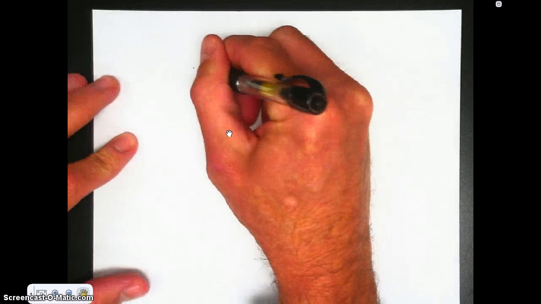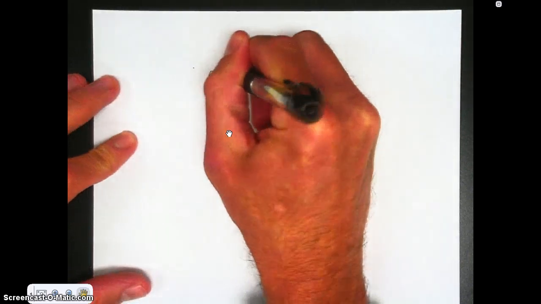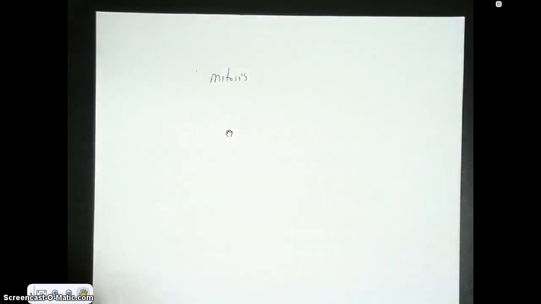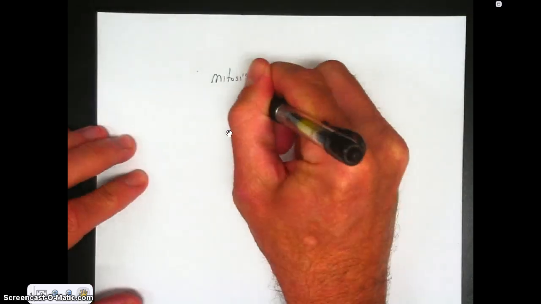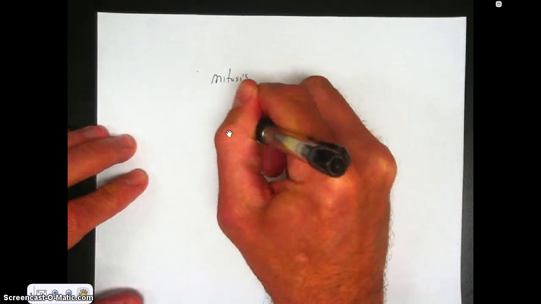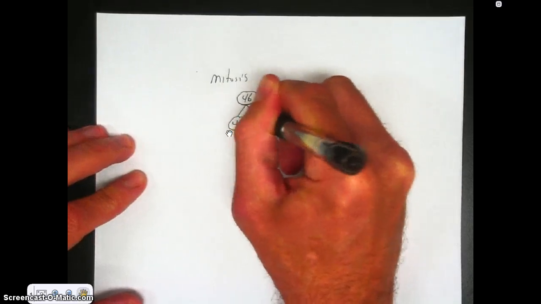Okay, in this assignment today, I'm going to go over how to make a mitosis storyboard. Now, if you recall from our discussion in mitosis, the whole goal is to start out with a parent cell and make two daughter cells that have the same number of chromosomes. These are cells that are going to be identical to the parent cell. So for human beings, we would start out with 46 chromosomes and end up with two new cells that also